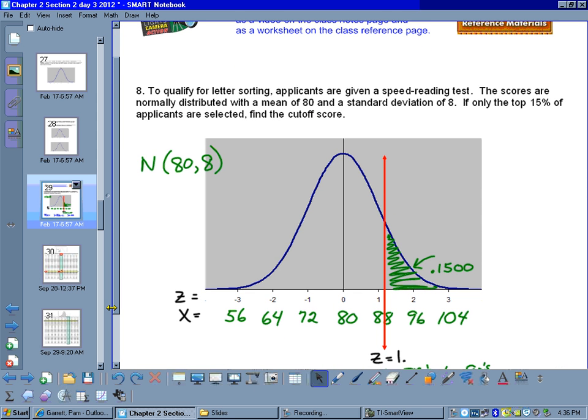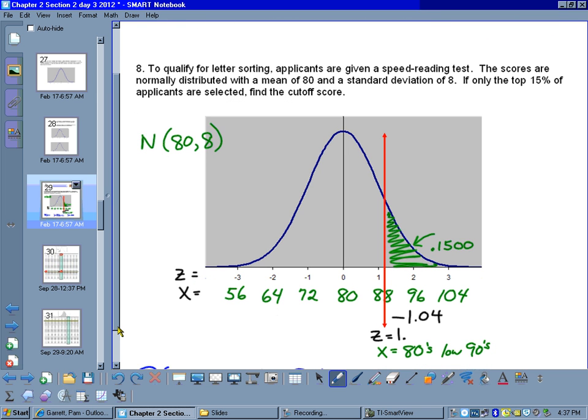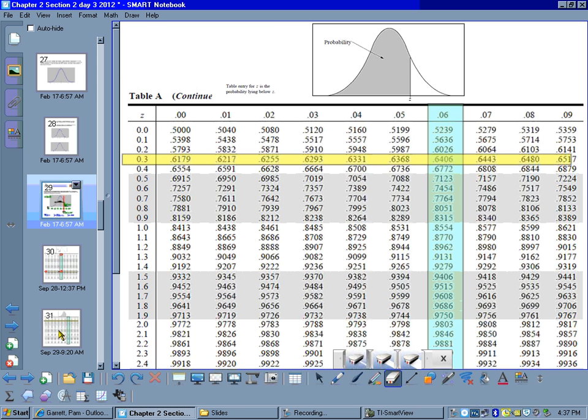Come back to the curve and we put our negative 1.04, and suddenly we see that we have a mistake. I thought the z-score was going to be in the +1 area. And so what that means is when I use the table, it gives me the area to the left of my cutoff line, and that area is 0.8500. So in fact, I looked up the wrong area. And so this again is helping us not to make a careless mistake. So I'm going to have to not use -1.04,